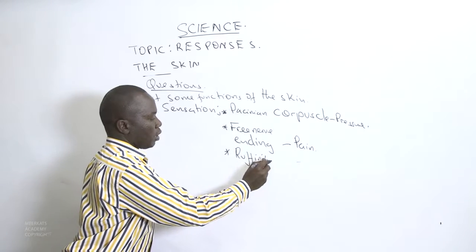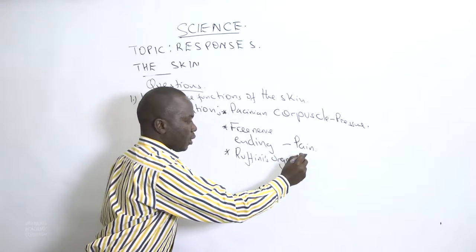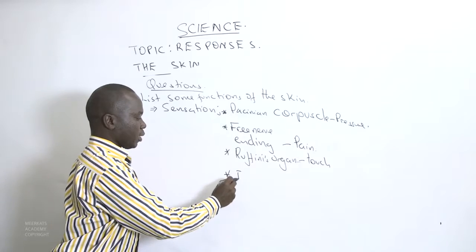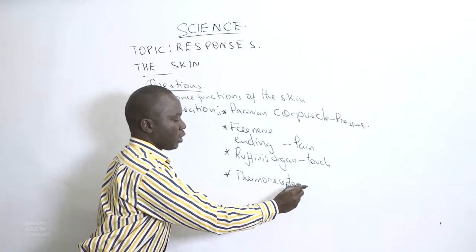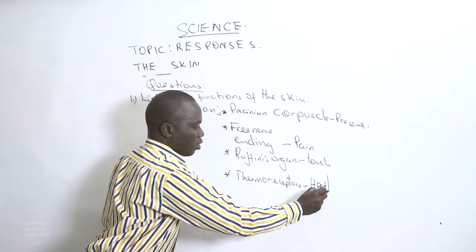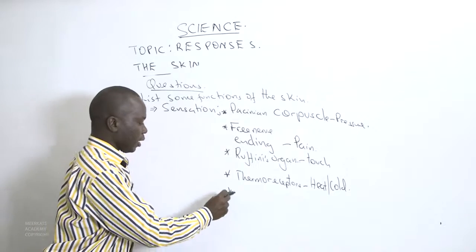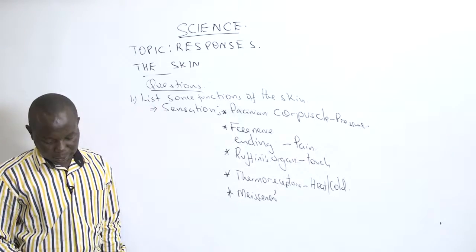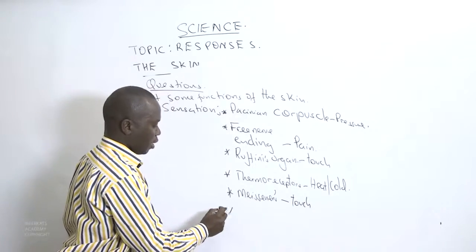We have mentioned Ruffini's organ for detecting touch. We have also mentioned thermoreceptors. Thermoreceptors are for detecting change in temperature, if it is hot, if it is cold. We mentioned the Meissner's corpuscles. We said Meissner's corpuscles are also for touch,